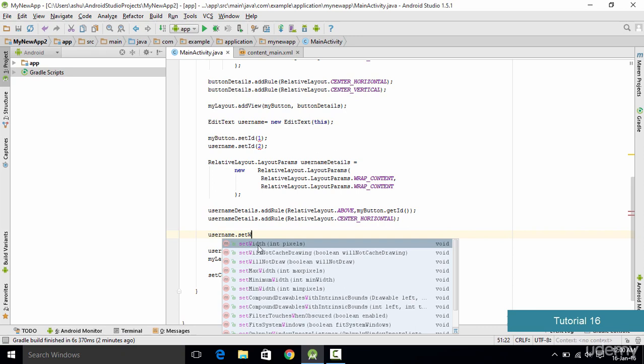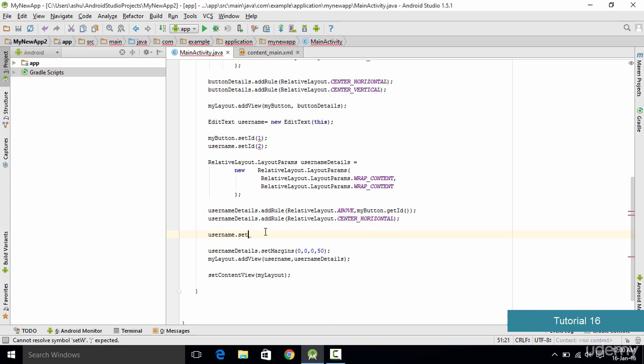But the main issue with this method is that it only accepts parameters in pixel values. The major problem with using pixels in your Android application is that when you run an application on different devices, every device has a different number of pixels on its screen. So the size of your widget depends upon the number of pixels your device has. For example, if your device has a large number of pixels, then your widget is going to look small on it. So we want to avoid using pixels,